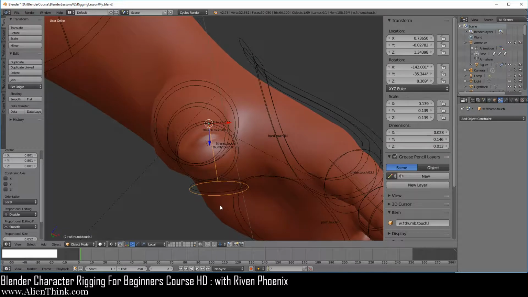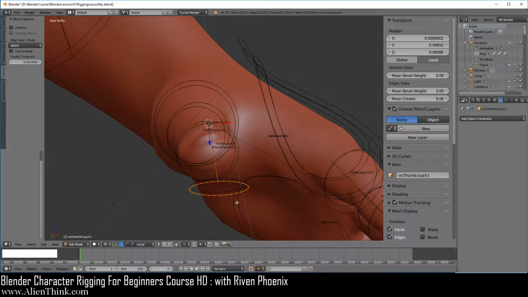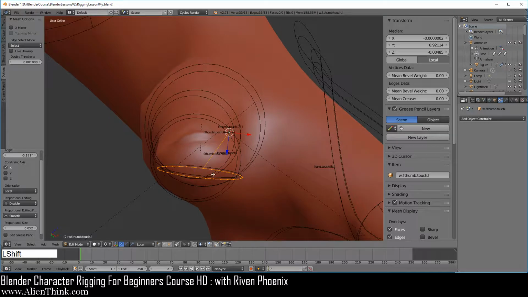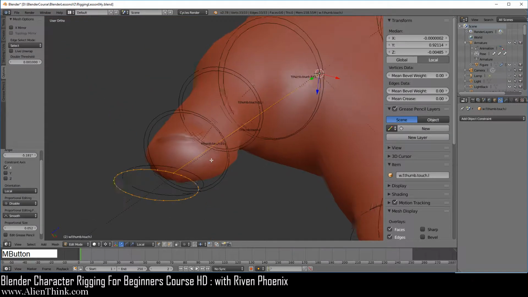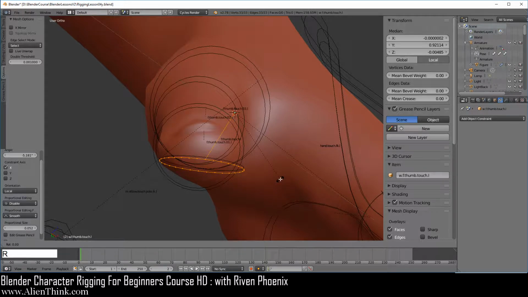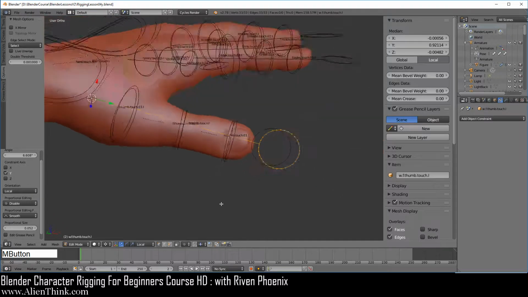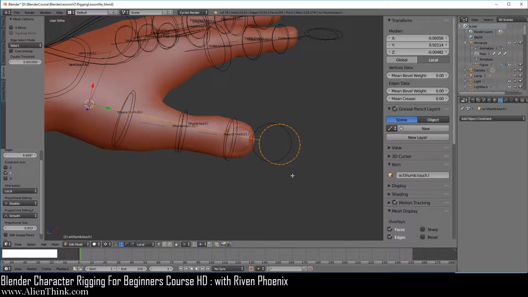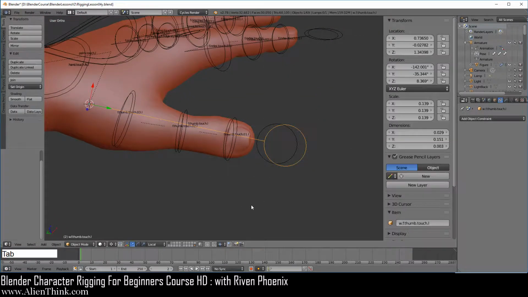Now here I'm just going to go ahead and press the tab key to go into edit mode and go ahead and just select everything over here. Now this is on the 3D cursor, press the R key, press the X key 2 times and just rotate it over here kind of like this. And here we can really just position it anywhere that we want. So here we're going to rotate this around the Y. So press the R key, press the Y key 2 times. Just kind of make it just the way you want it to, okay? And here I'm just going to maybe scale it out, and that's it.